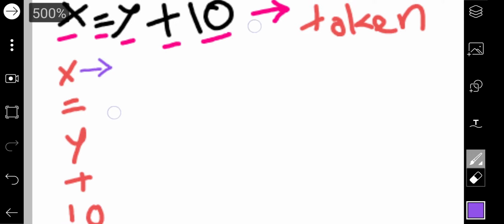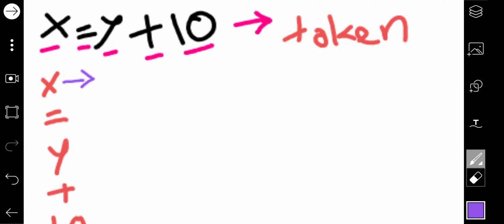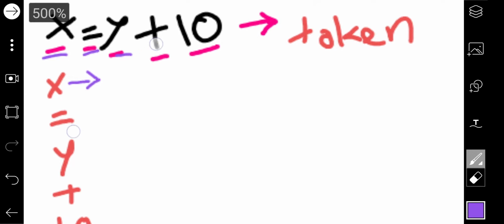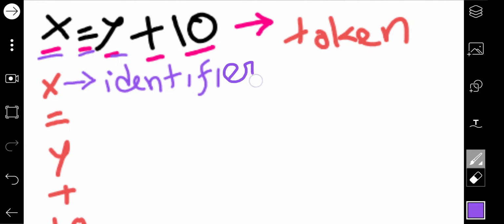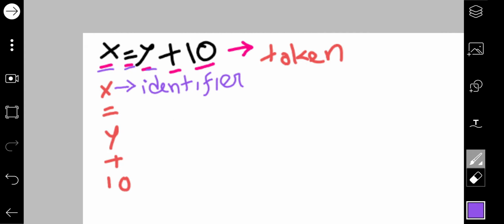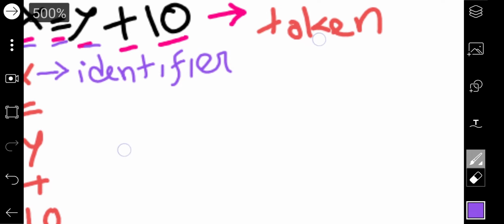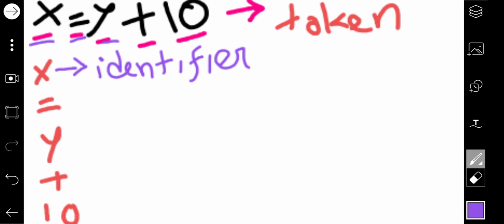Now the compiler, after lexical analysis, will demonstrate what each of these tokens means. Now x is basically a variable. X takes some value. So x here will be declared as an identifier.